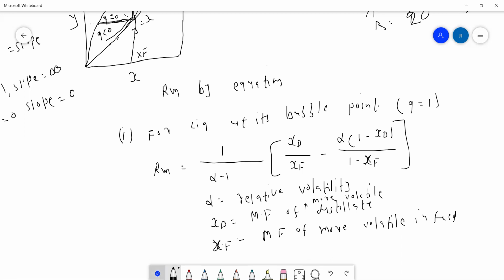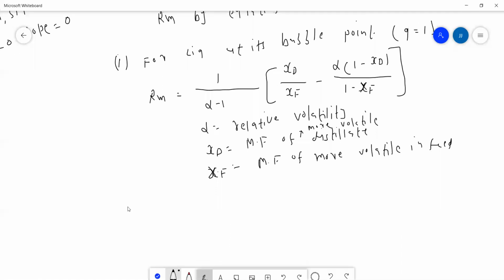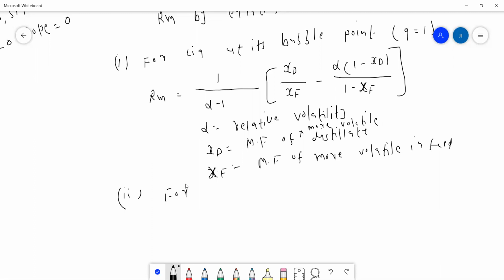Now, what about for saturated vapor? Second, for saturated vapor feed, where Q is equal to 0, then we can determine RM by using the equation 1 divided by alpha minus 1, into alpha xD